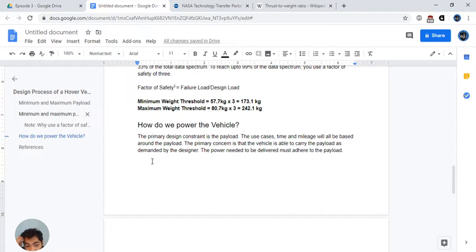We need to figure out the thrust to weight ratio for our vehicle, right? Since we already have the minimum and maximum weight required,